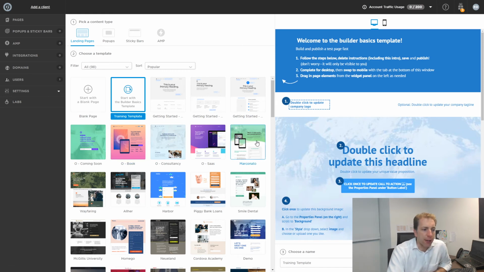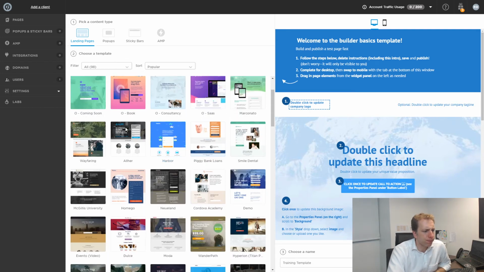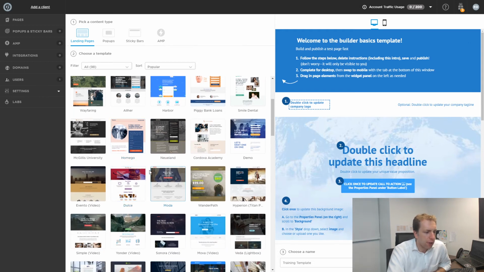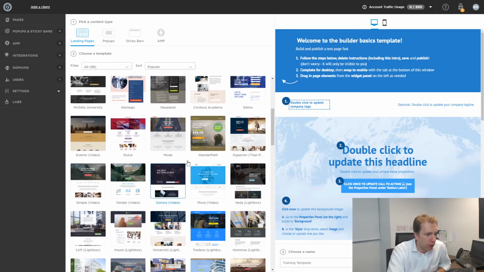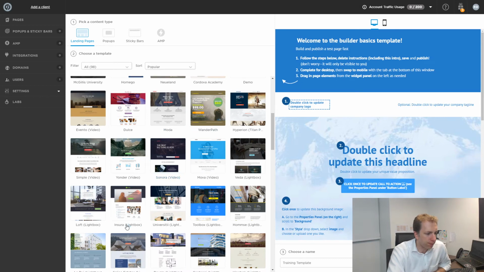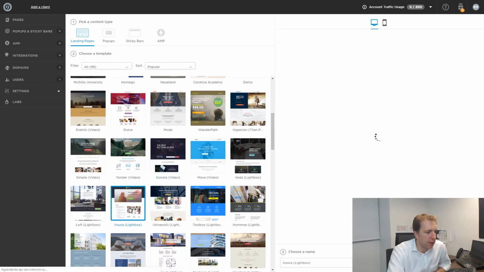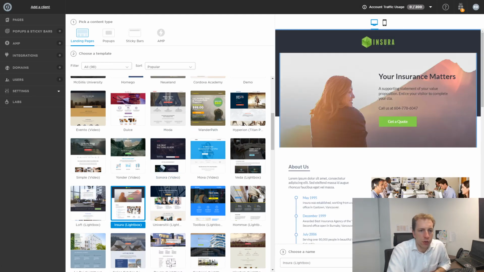You have templates that you can pick and quickly start working on them. So you can look at the many different options that they have here. Let's see, I think that they even have one for insurance. I think it's this one here, insurer. So yeah, your insurance matters.